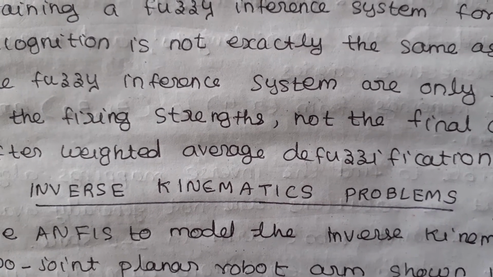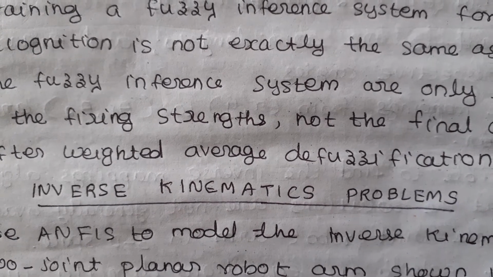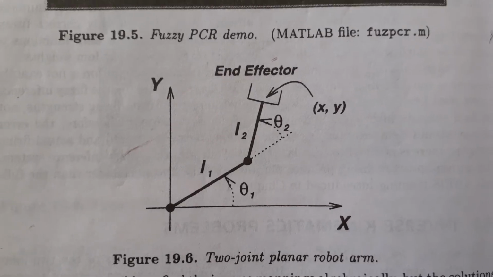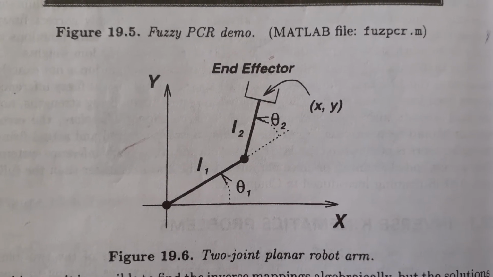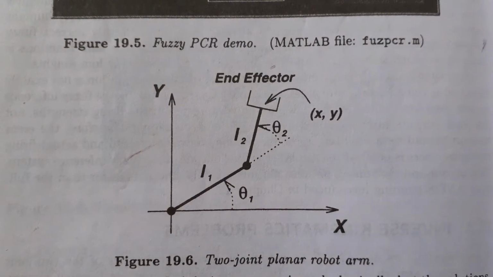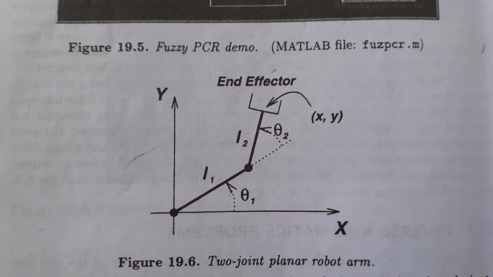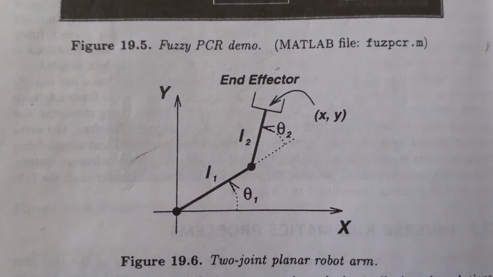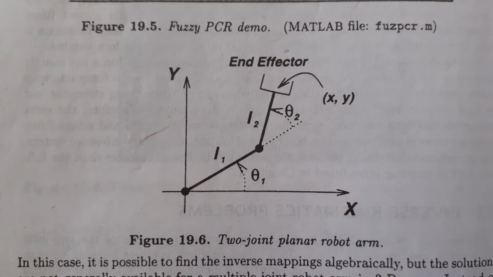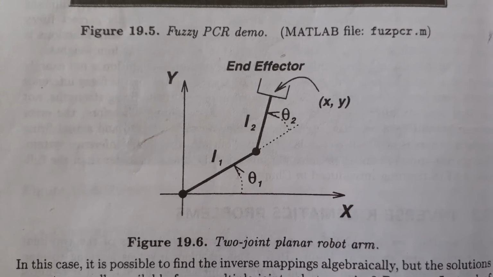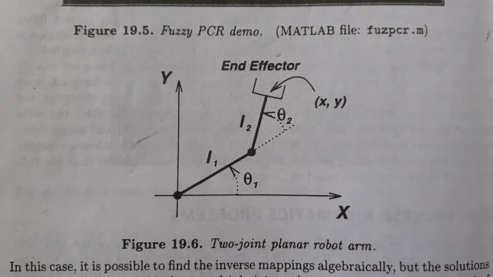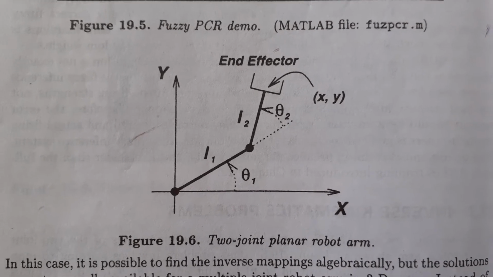Next ANFIS application is inverse kinematics problems. Here we use ANFIS to model the inverse kinematics of the two-joint planar robot arm as shown in this figure. This problem involves learning to map from an endpoint Cartesian position x, y to joint angles theta 1, theta 2,